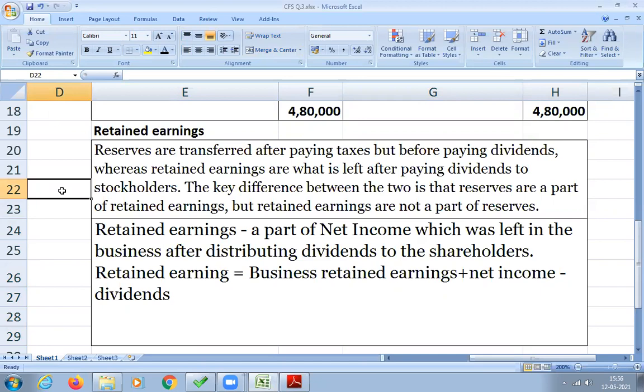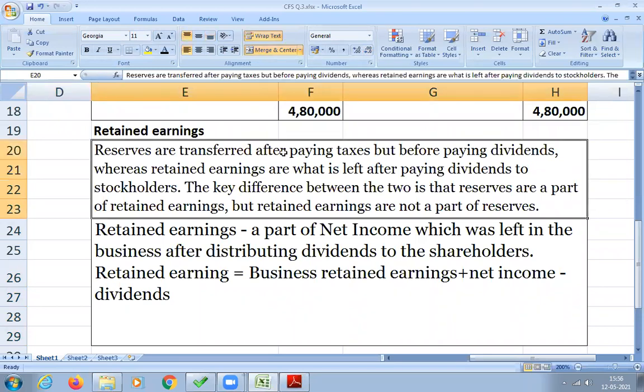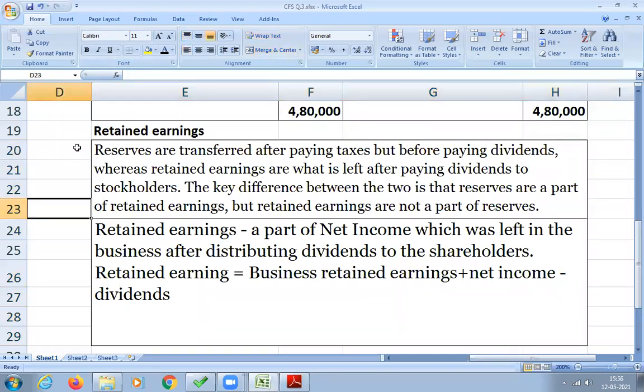In the question, if they have given us, as we have seen in the previous questions, a general reserve, that reserve we have considered under operating activities, whether it is an increase or decrease. If it is an increase, we have taken it as the apportionment of profit. But retained earnings should not be considered because it is the leftover profit after paying the dividends. That is not the apportionment of profit. Only if it is an apportionment of profit, like a transfer to general reserve, then you should consider it. Clear? Any doubt?